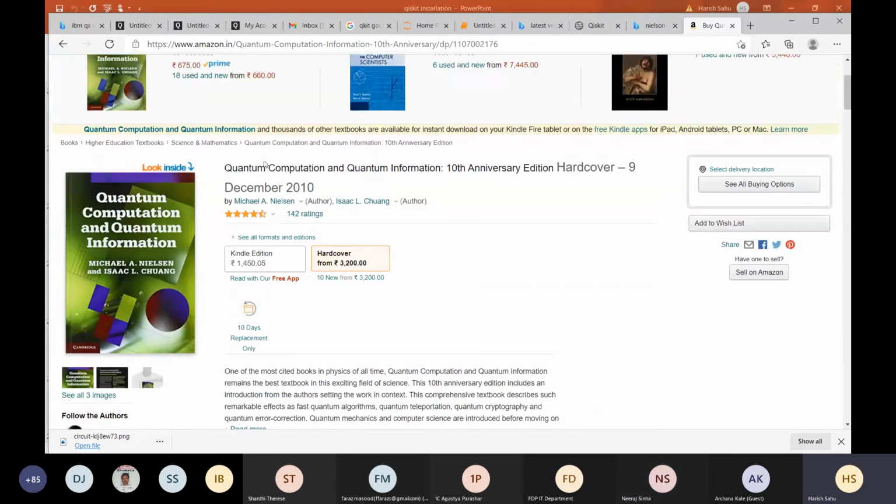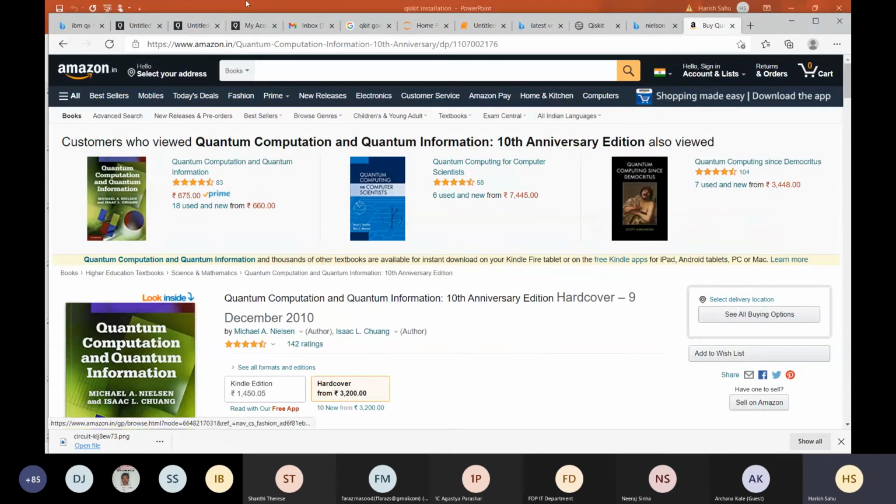So this is the book which you can start with. And otherwise, this QKit tool I was telling about, you can simply download that, and it's portable, and some circuits are also available there. And there is another book, Quantum Computing via Linear Algebra. You just write this title and you can search it. It's a very good book, and how these gates are operated and how this simulator works, those kinds of things will be clear from that book.